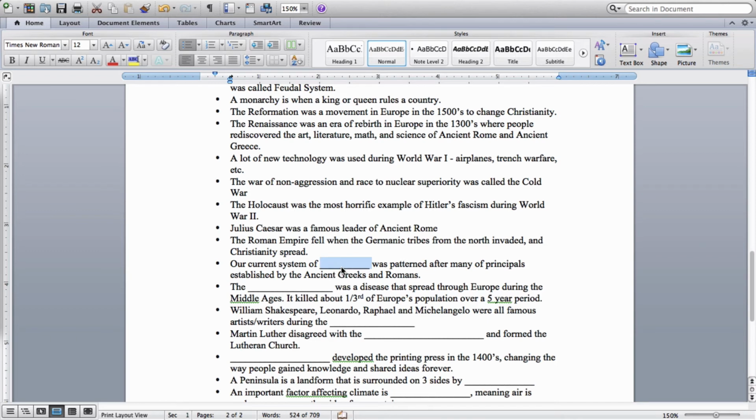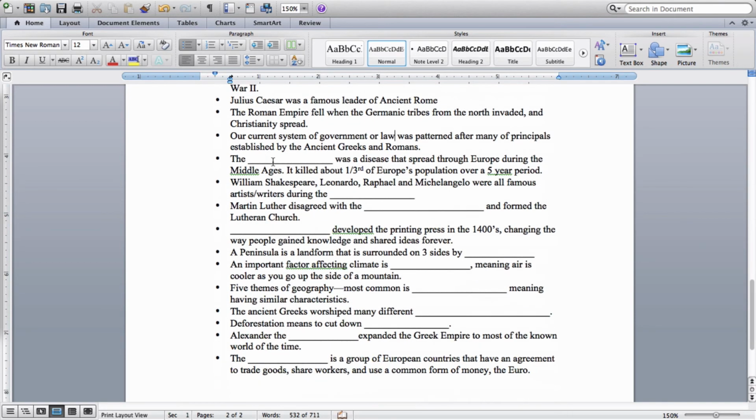Our current system of government or law, either one will work, was patterned after many of the principles established by the ancient Greeks and ancient Romans. Both our democratic government was patterned after the ancient Greeks and ancient Romans, and our system of law, our court system, the rules that we have that govern how people are tried, also can be traced back to ancient Greece and ancient Rome. The Black Death, or the bubonic plague,